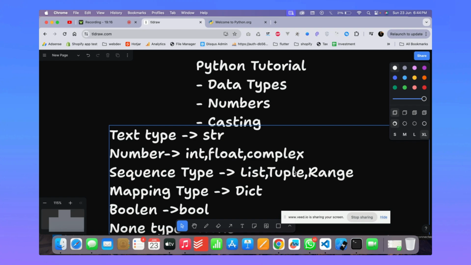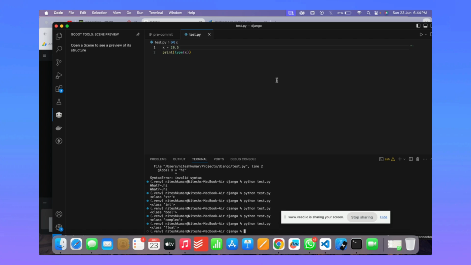You can also convert from one type to another type. That is another topic which I want to touch. Let's say you have x equals 1, and now you want to convert this int to float. You can define a variable, and what I'm doing is typing float of x. Now if I print this a,